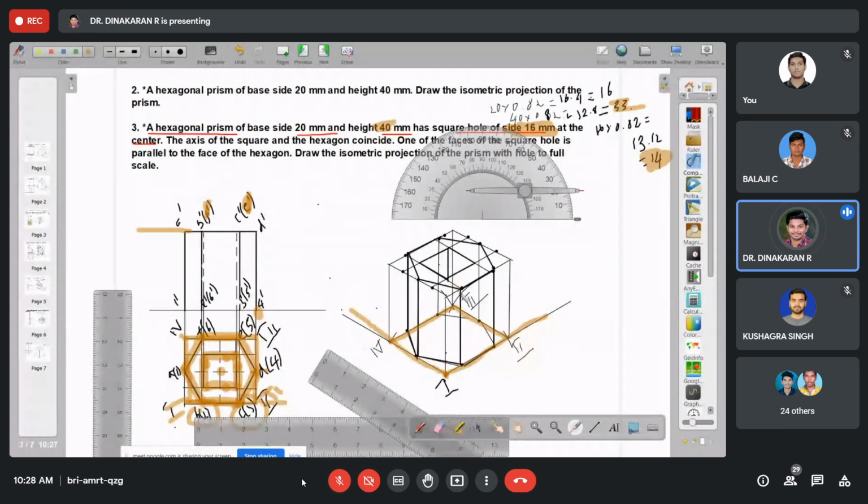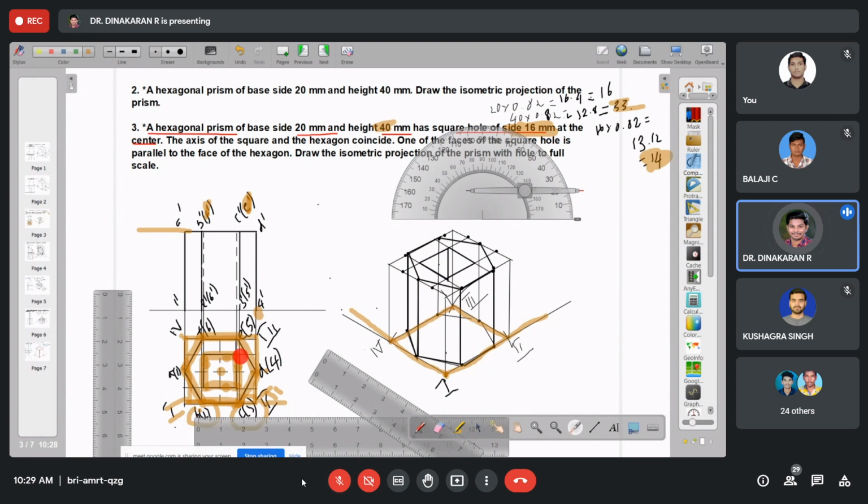From here, the height is 33 mm. Project the equal height from each point. Before that, I am making a box of 33 mm height, 31 mm and 28 mm, and the same on top also. After that, the hexagon will be parallel and the same on top also. The bottom is the same shape, because this is a prism. The bottom and the top are the same. So project each point from this direction of measurement.